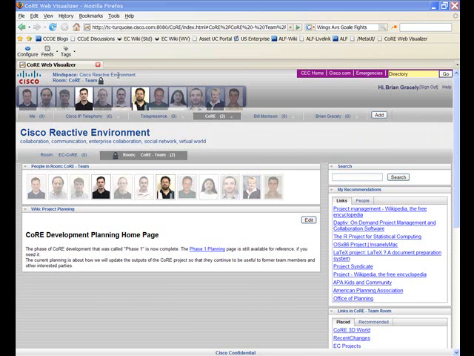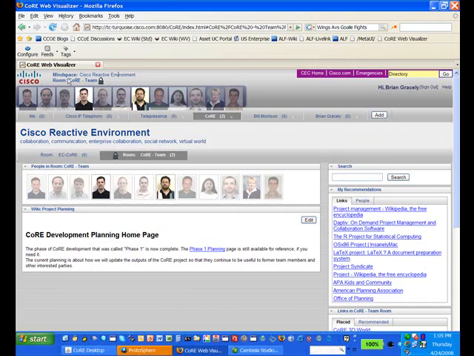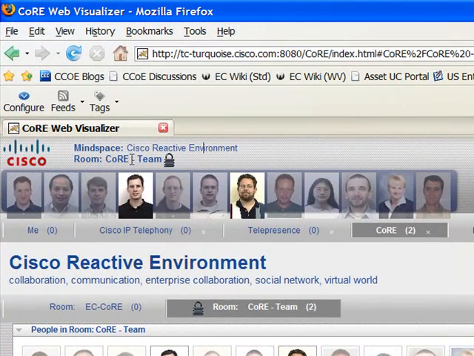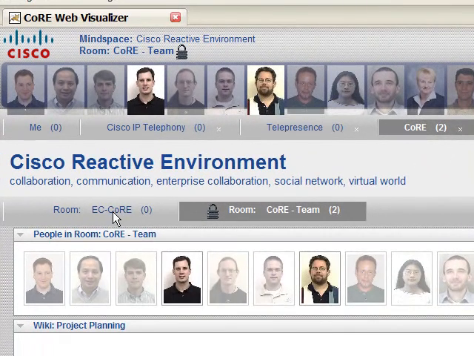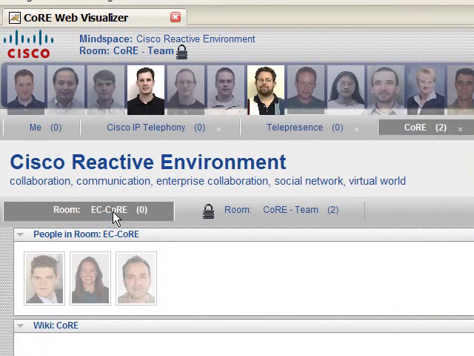So let's take, for example, the space that I'm put in by default, which is the core project, the Cisco Reactive Environment project, and how it's organized. So the first thing again we see is all of the present status of people, both historic as well as real time. The next thing that we're going to see is I'm going to take a look at the